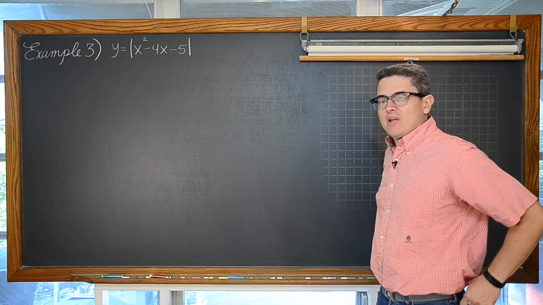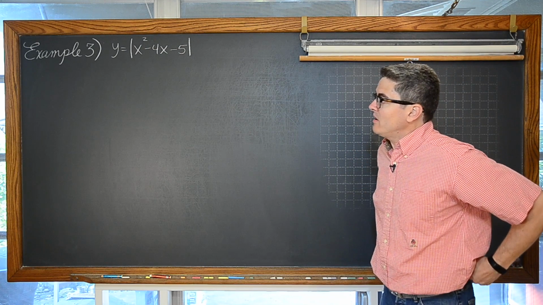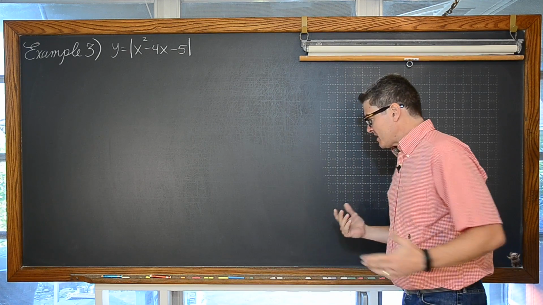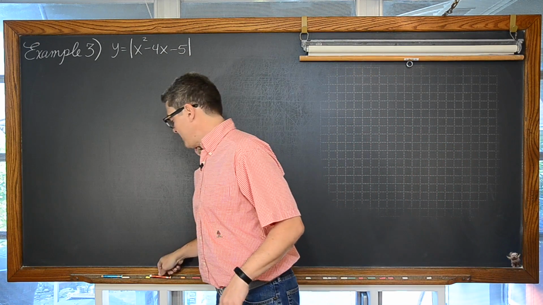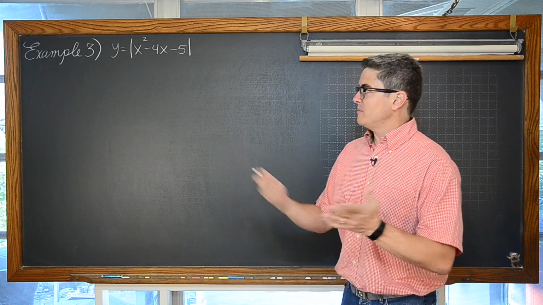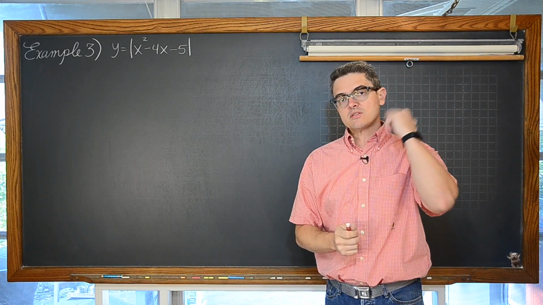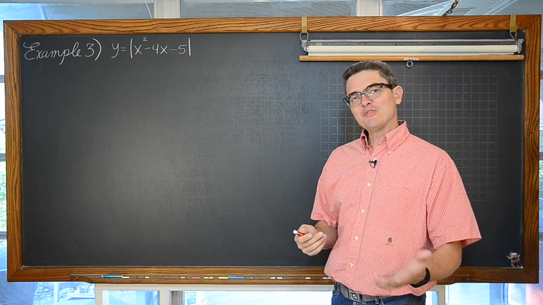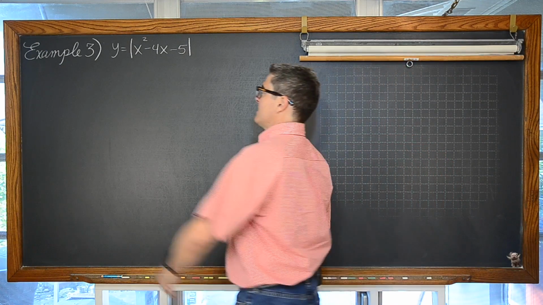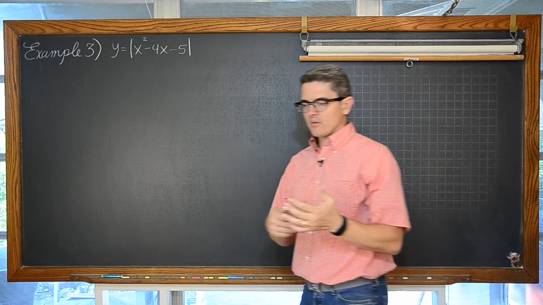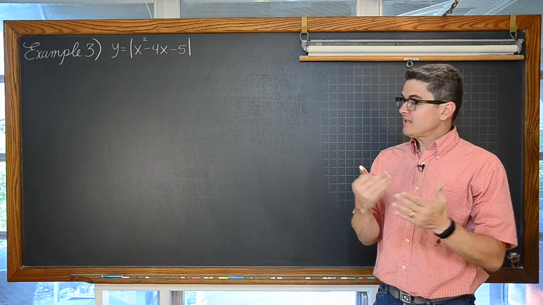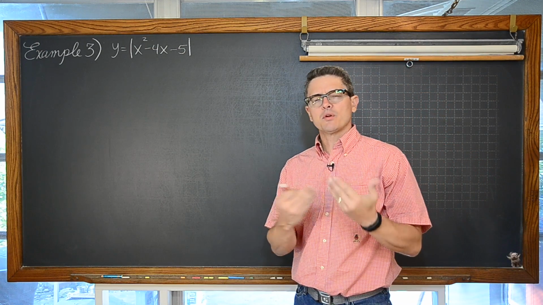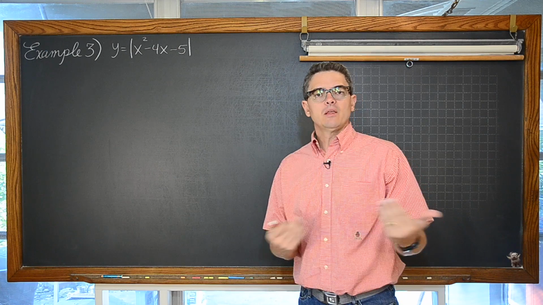So for our last example, we have y is equal to the absolute value of x squared minus 4x minus 5. This time, the function inside the absolute value is not a linear function. So this isn't going to be just a simple V, or like you saw in the previous example, a couple of line segments. But we're going to do the same thing as we did before. We're going to recognize that this is going to have some sharp bends. We're going to use that inside function and set it equal to 0 to find out where those sharp bends are. Find out what critical values, where the breaks are going to be in our piecewise function.